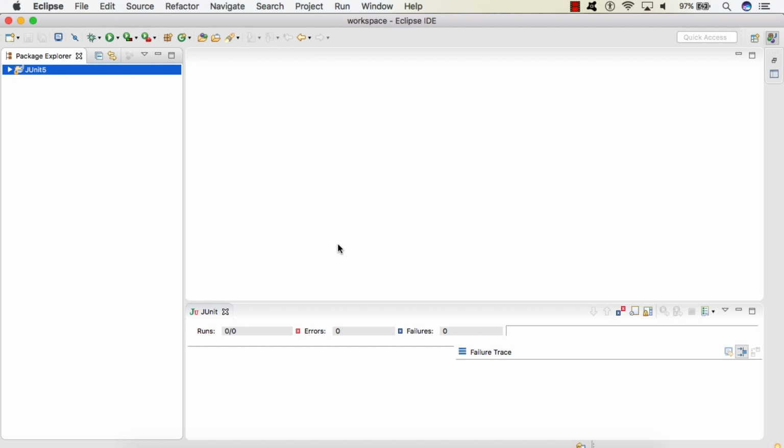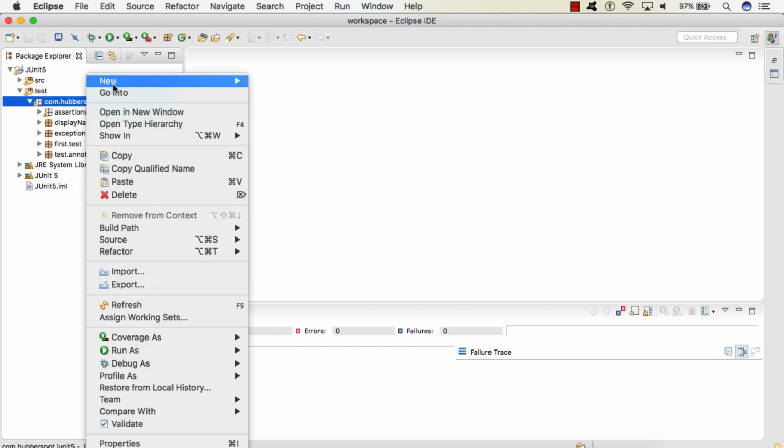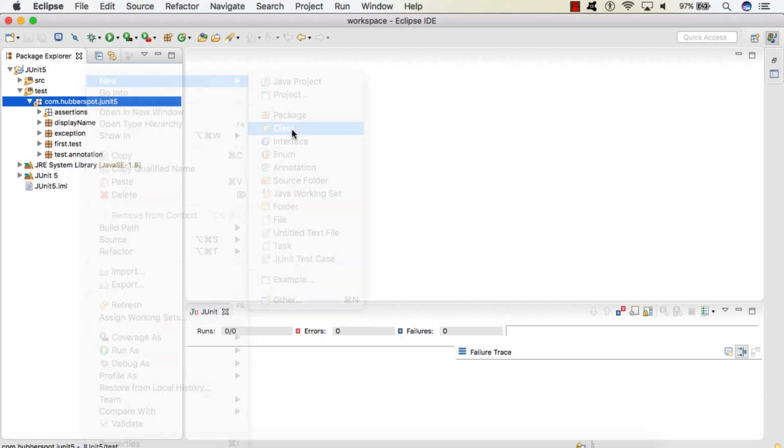So friends, now we will see the demonstration of the @Disabled annotation in Eclipse. In our JUnit 5 project, in our test folder, here I will be creating a class.